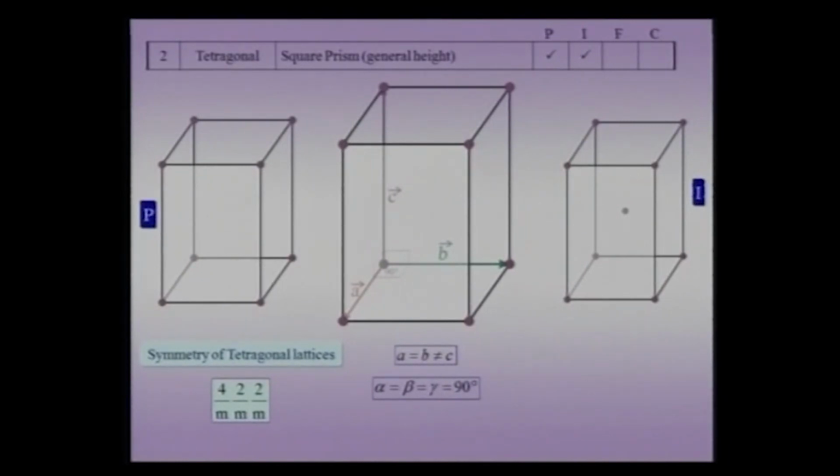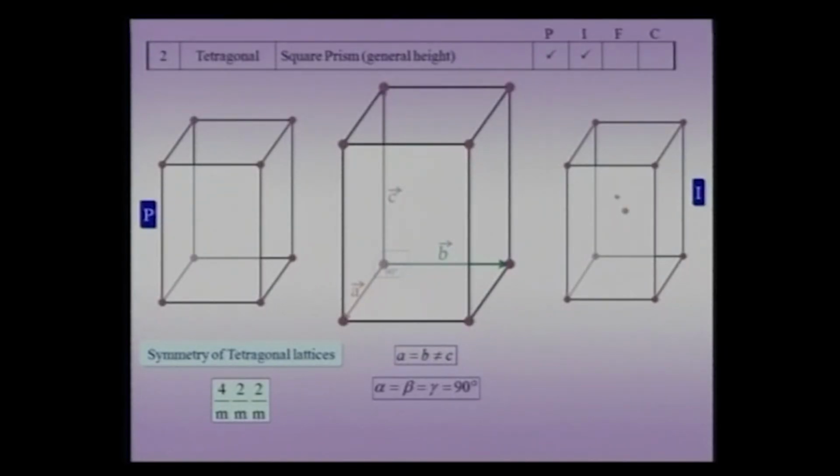Therefore, it is an orthogonal system. If you look at the lattices which are possible for the tetragonal system, they are the primitive lattice and the body centered tetragonal lattice. The face centered and the C centered lattices are not there in the listing. As before, the primitive lattice means there are only lattice points at the corners of the cell, and when I am talking about a body centered tetragonal lattice, there is one point at a distance half half half, which is